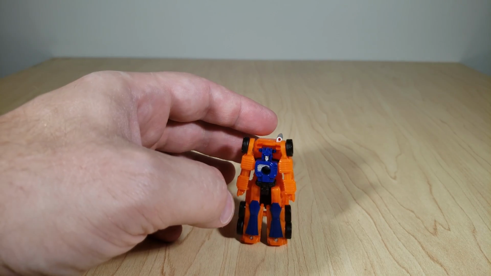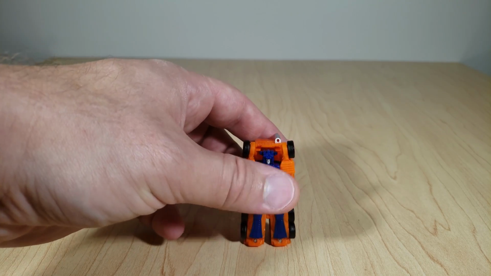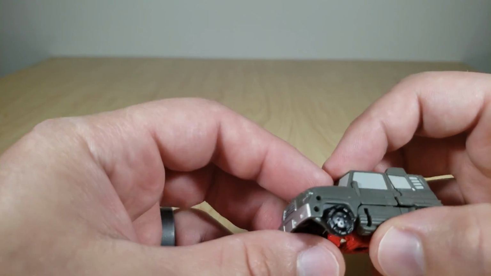He's a bit back heavy, so you got to be careful with balancing him. He kind of rests on his heels a little bit instead of his toes. And now we're going to do Highjump. So with him,